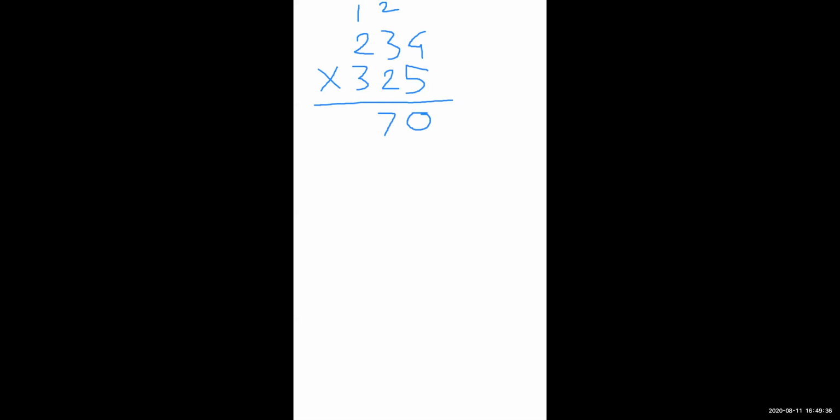Okay. Then 5 2s are 10. 10 plus 1, that is 11. Yes. Means after multiplying 234 by 5, you will get there 1170. Okay. 1170 plus